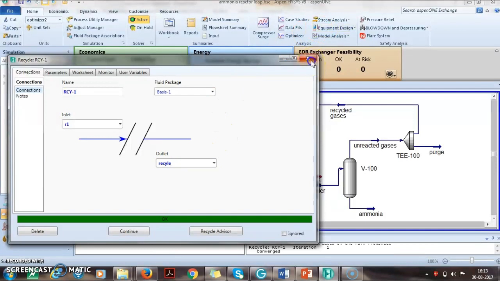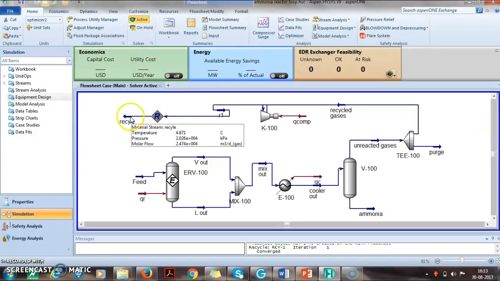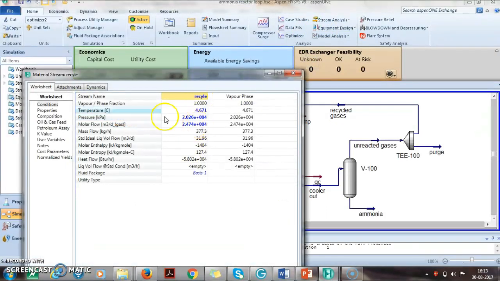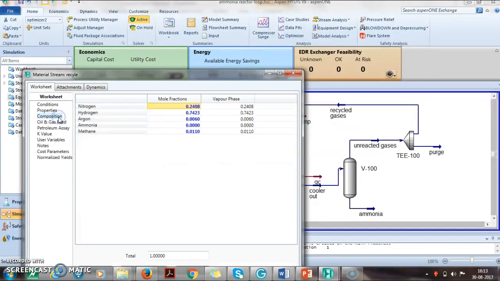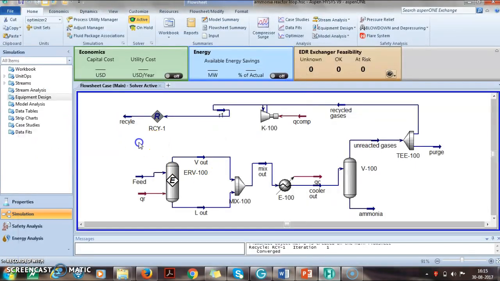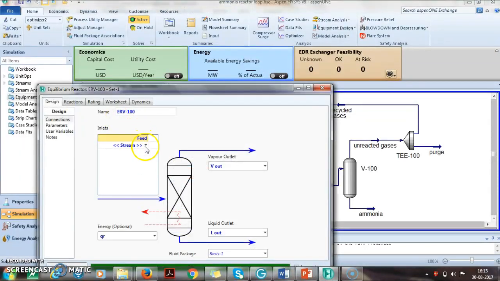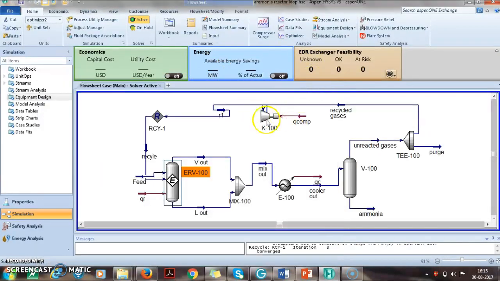Now just see that this recycle stream is right now defined the same as R1, so this can be changed. Now this recycle can be directly attached to the reactor, and you can just see that the entire flow sheet is converged, and there may be some changes in the composition of